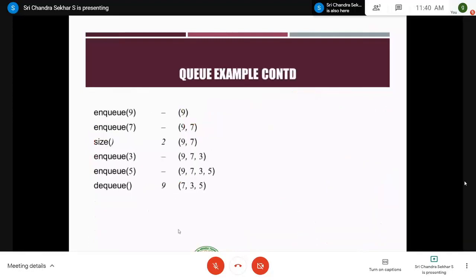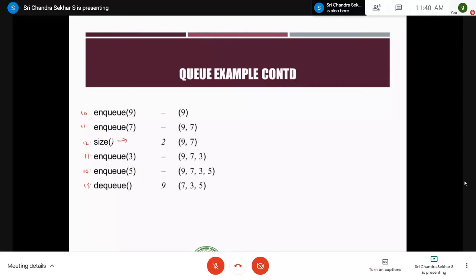And as the 10th instruction, it is NQ of 9, and the 11th instruction is NQ of 7, and the 12th instruction is size, one more supplementary operation, and the 13th is NQ of 3, and the 14th is NQ of 5, and the 15th is DQ, right?